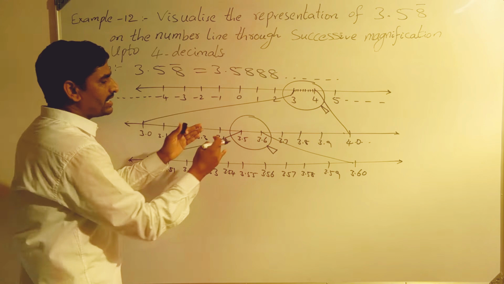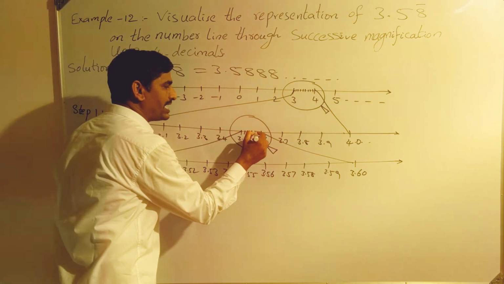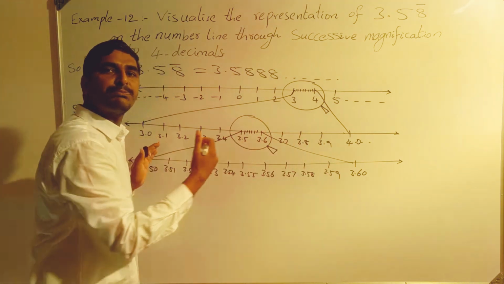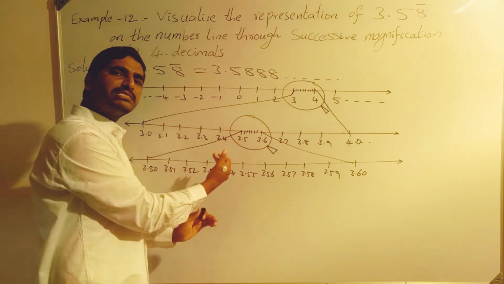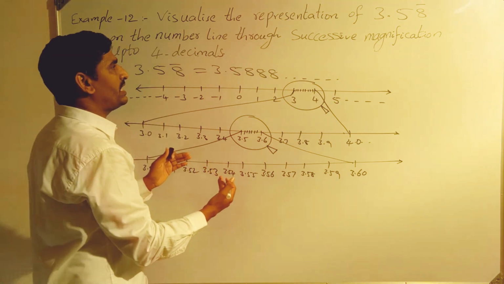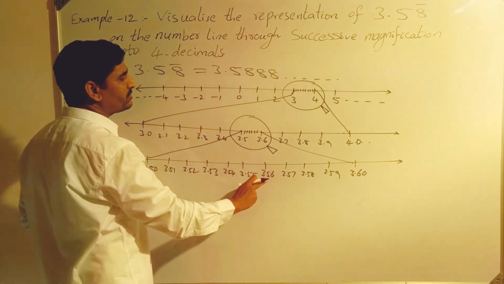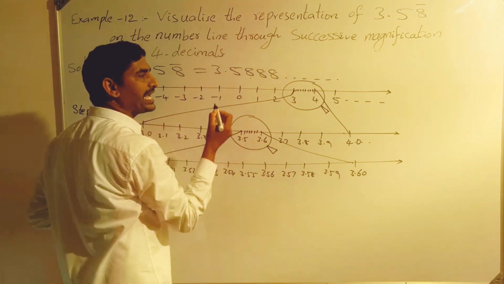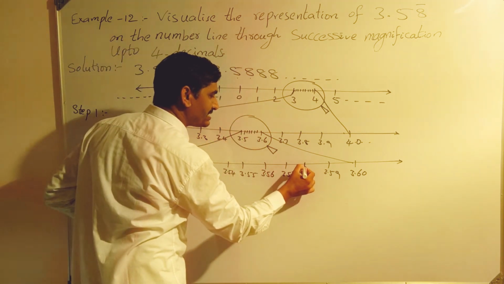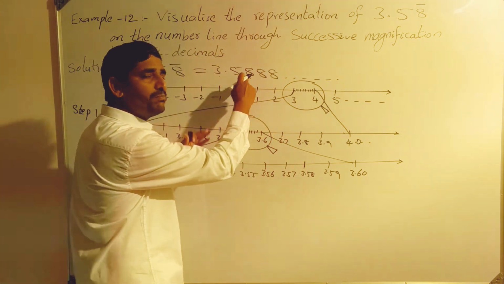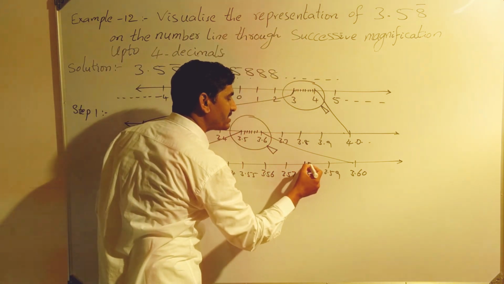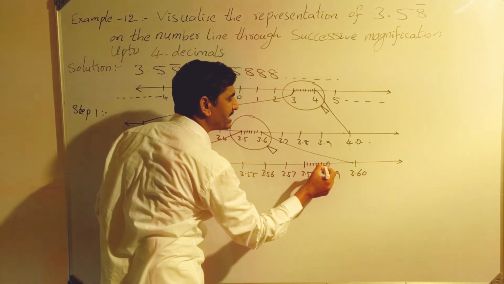Again we are observing the points in the zoom method using the magnifying glass, from 3.5 to 3.6. In this, again some decimals we are finding. Clean observation. First 3, next 3.5, now 3.58. After 3.58 there is some more, more than 3.58, so that we will get in these parts.